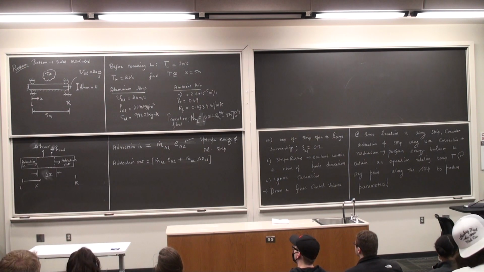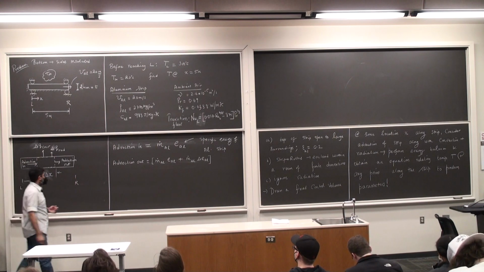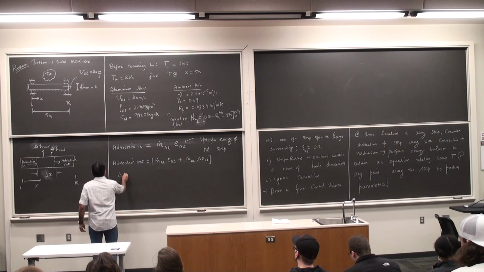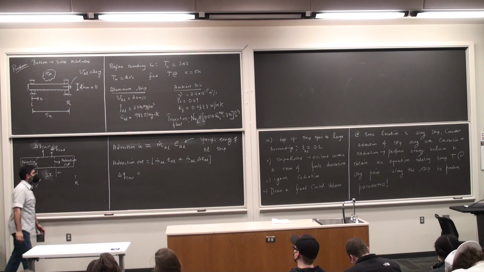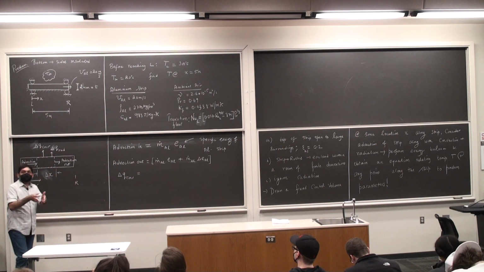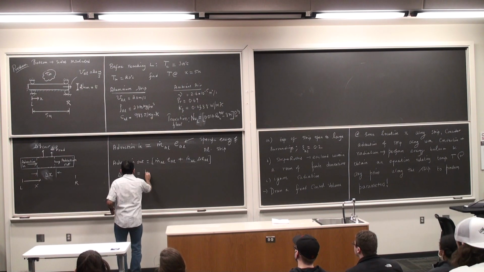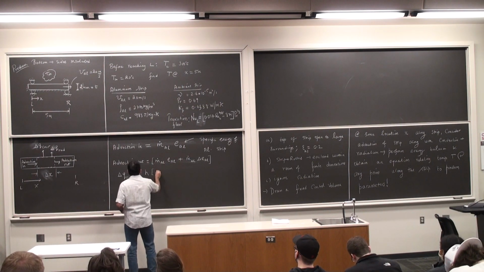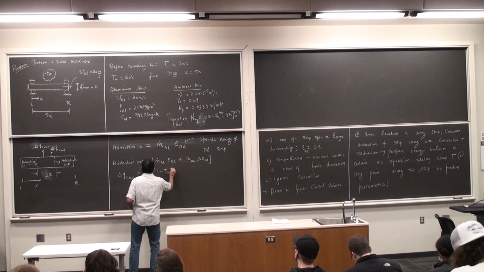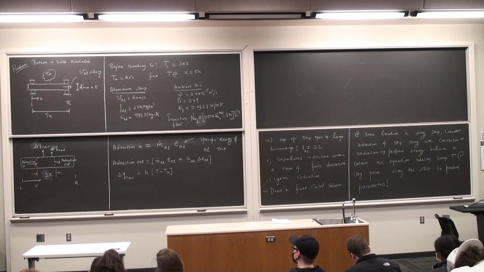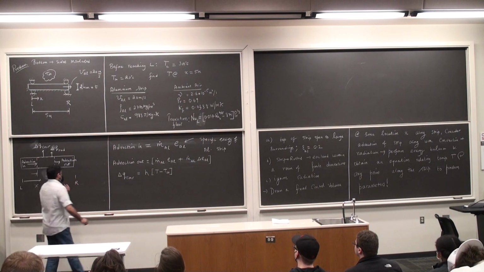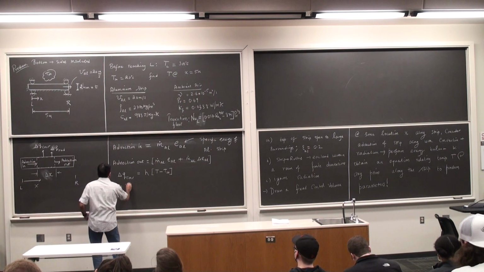dq convection, dq radiation, or delta q convection, delta q radiation. So delta q convection, this is going to be the local heat transfer coefficient. Be very careful. So this is little h times T minus T infinity, where T is the temperature of the strip at any location x. So T is